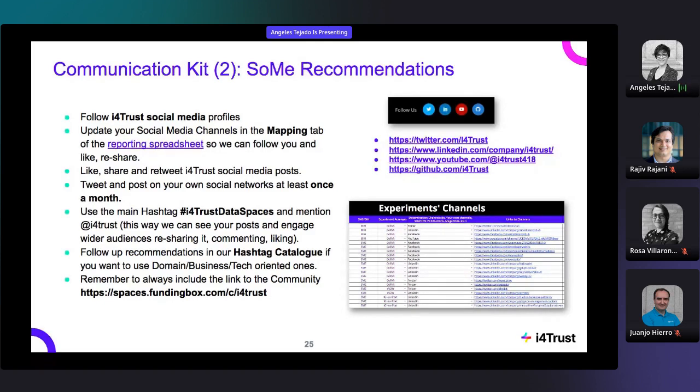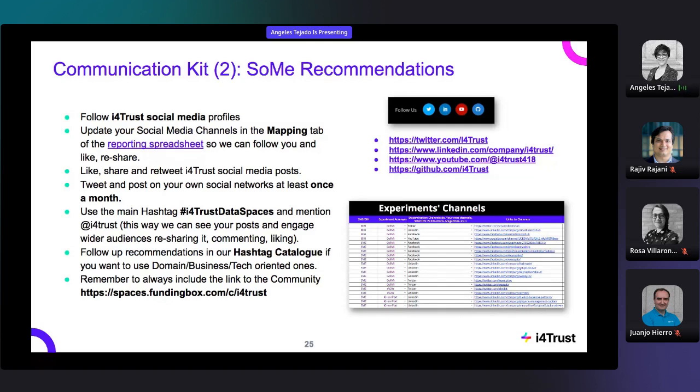One of the things that we need is to map all the channels. So we will ask you to share your social media channels. Of course, the experiment will not have a channel, but you can add your company channels or personal channels, because as you will see, for example, today I was posting in LinkedIn and I was tagging some of the people that are today with us. So this is what we usually do in LinkedIn. Okay, we mention you, you will mention us, and this is a bit what we need to do together during the next months. So the first thing that we need is to map all these channels and to follow each other.